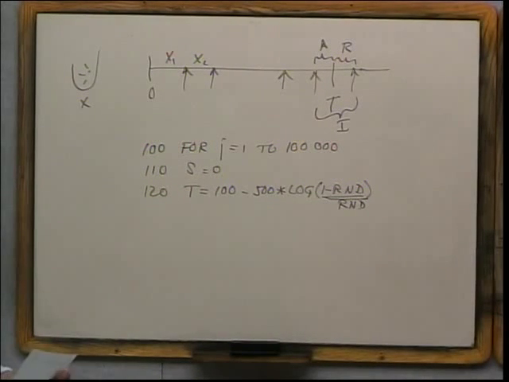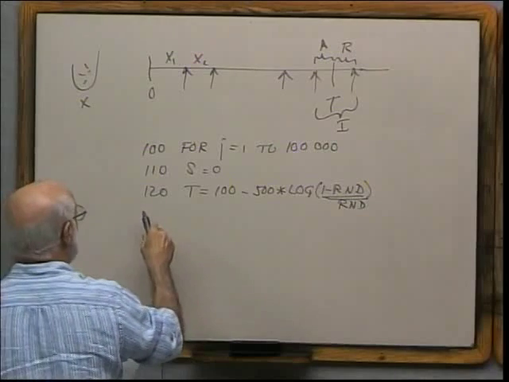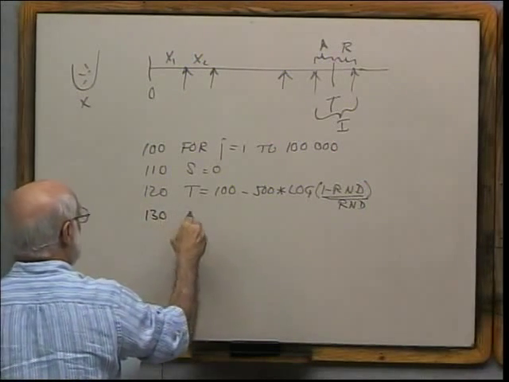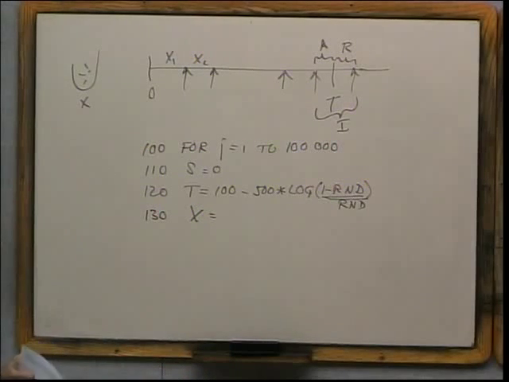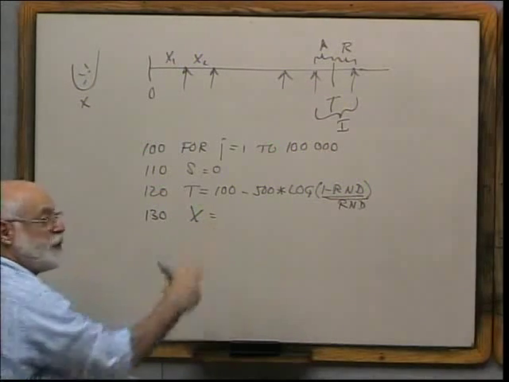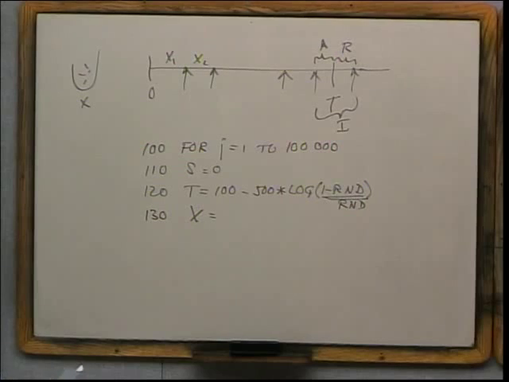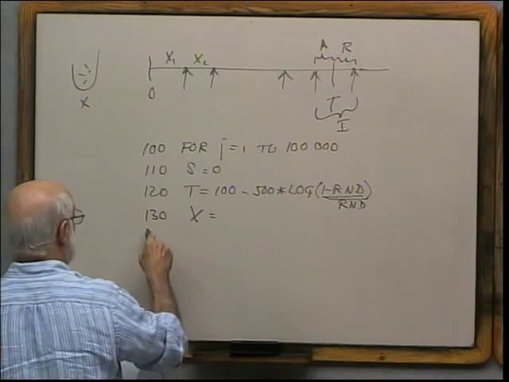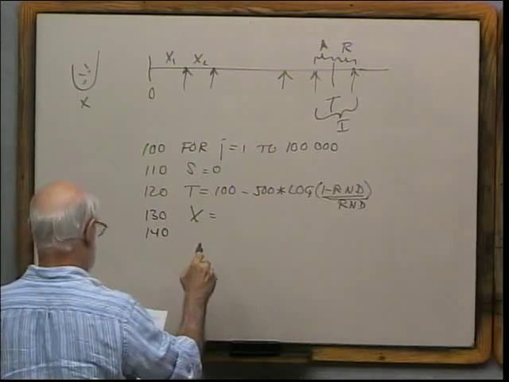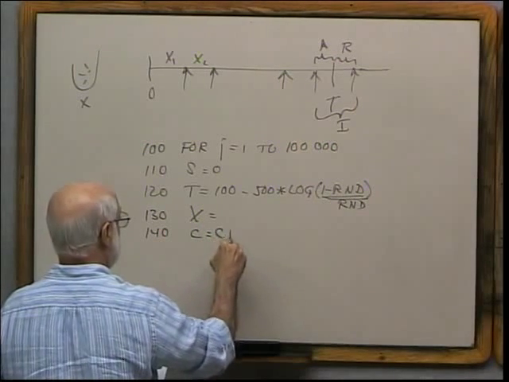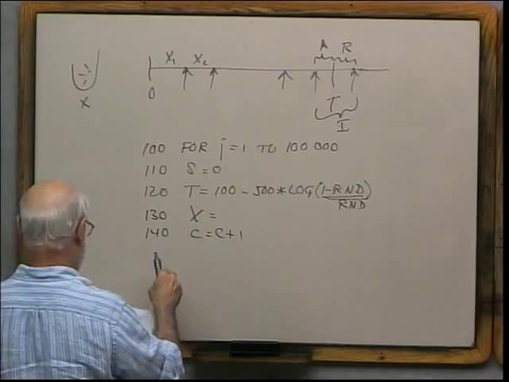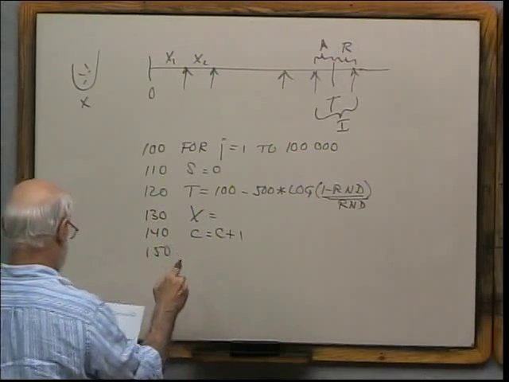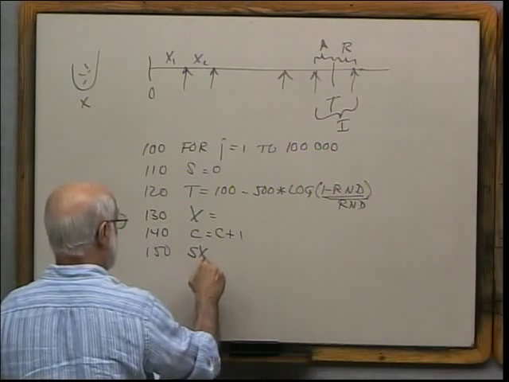Okay, statement number 130. So now I'm going to reach into the urn and I'm going to pick an x. Of course, in the case it's a Poisson process, the x's are going to be exponential. Then I'm going to count. I want to count how many x's I pick, so I'll have c is equal to c plus 1. This will count the x's. Then I want to accumulate the x's. So statement number 150 tells me that the sum of the x's is whatever it was before plus the x